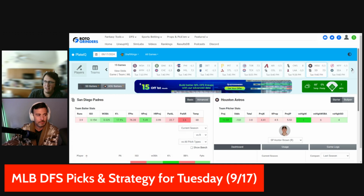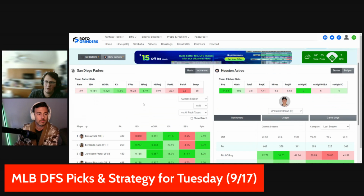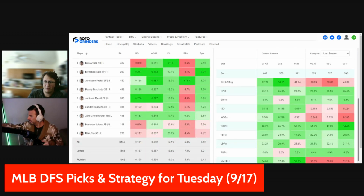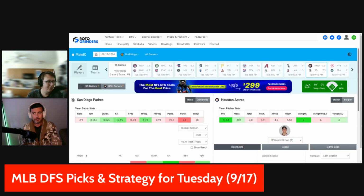All right, moving on here. Last two games tonight. First up, we got Astros taking on the Padres. Hunter Brown would normally look pretty appealing. Unfortunately, he is 9K, which the price isn't bad if it was a better matchup. Unfortunately, the Padres only strike out at a 17% clip, and they are pretty healthy at this point. So, good pitcher. For a GPP flyer, I don't have a problem with it, but I just don't see the